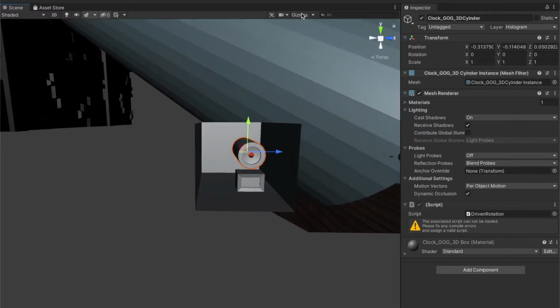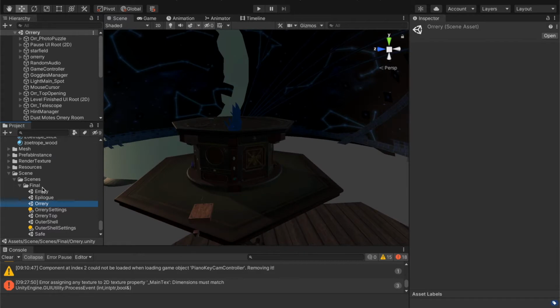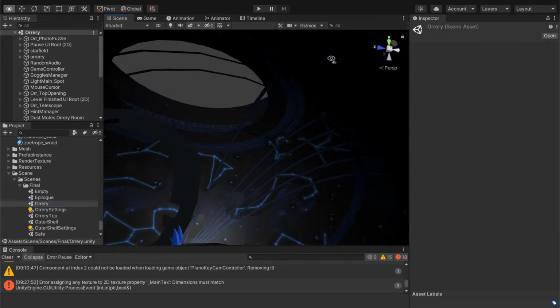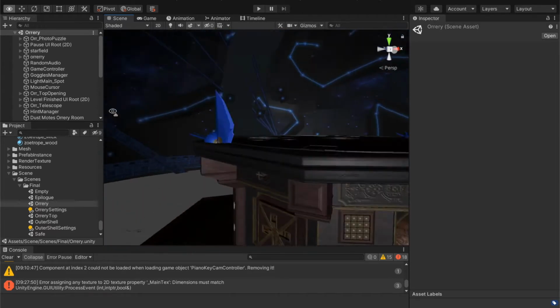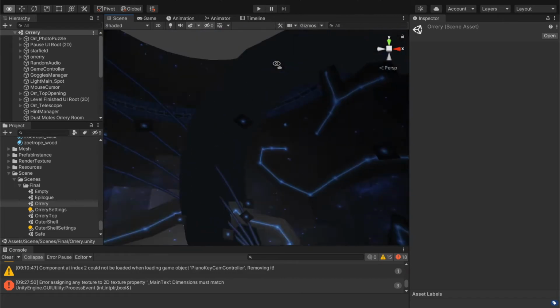So pretty cool, I would say. And now let's just move on from this scene to the Ori, which is this spot right here. So if we're looking around, we could see you have like this whole